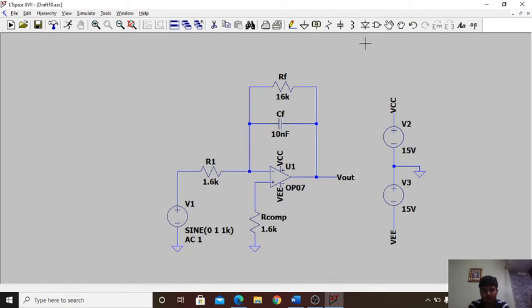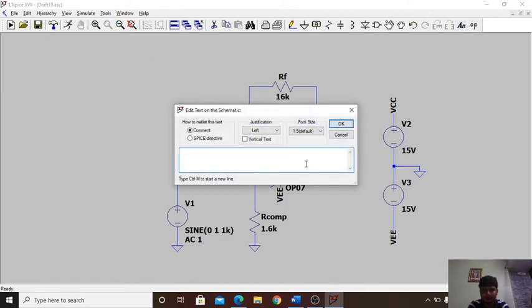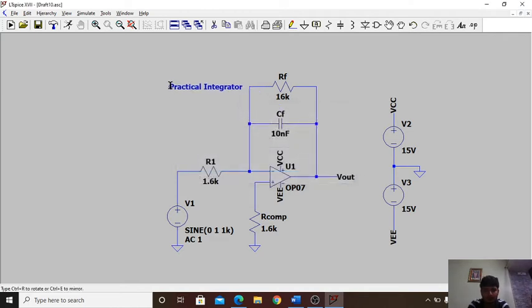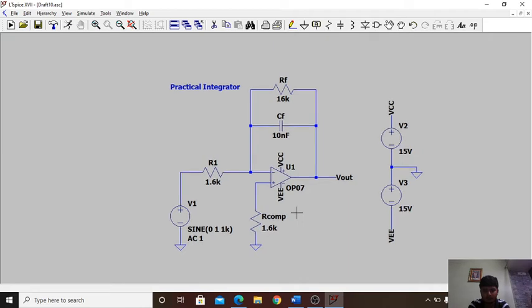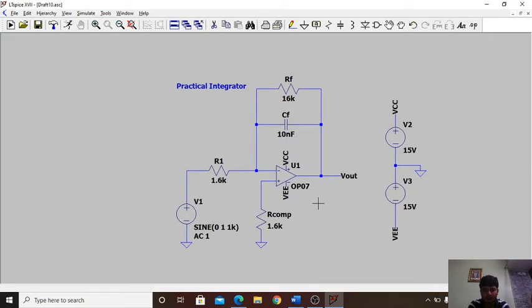We'll label this circuit for convenience. Now we are done with our circuit design.